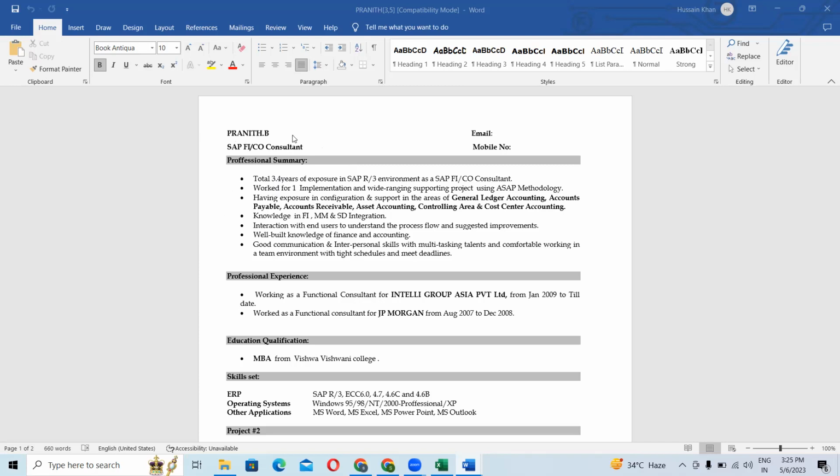First of all, you need to mention your name, then the consultant profile you are. If you are a FICO consultant, you can mention FICO consultant, then your email ID and mobile number. When you are mentioning your email ID, ensure it is a very simple and professional email ID, because most students create email IDs that don't come out as per their choice.